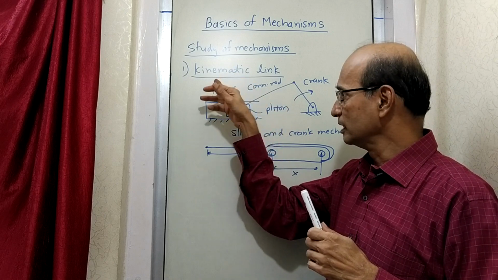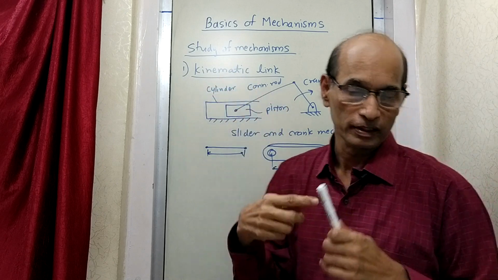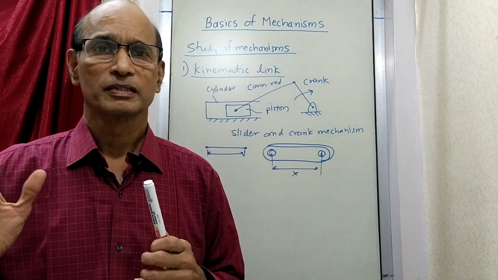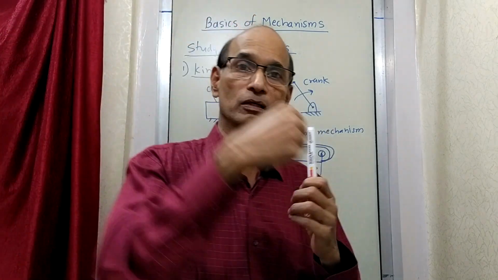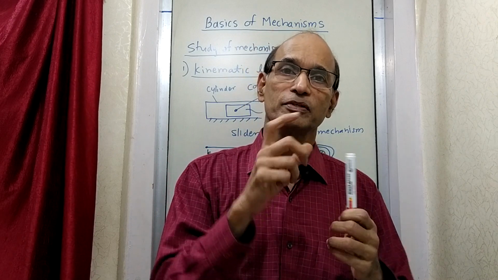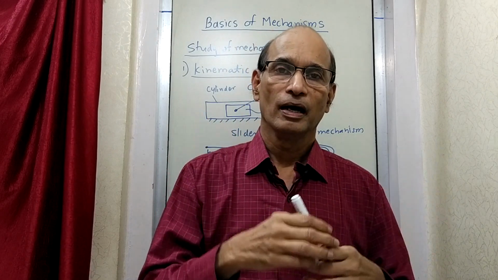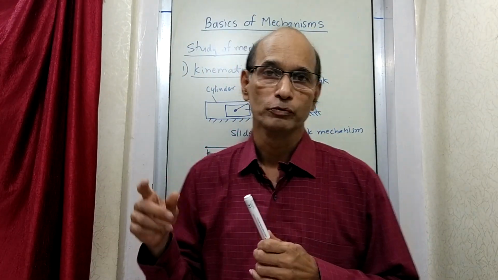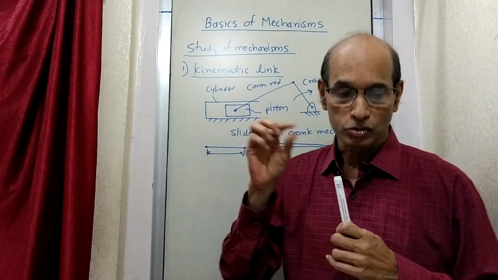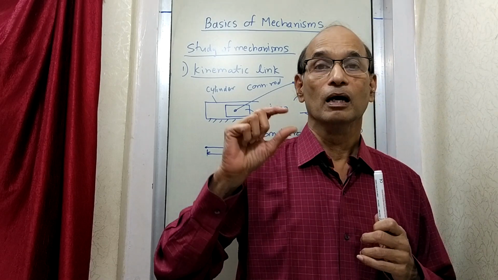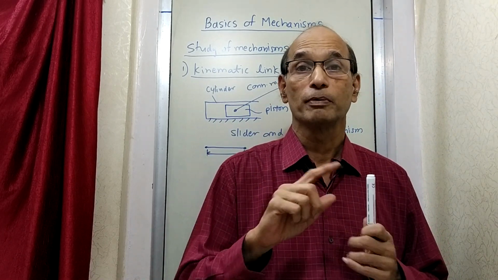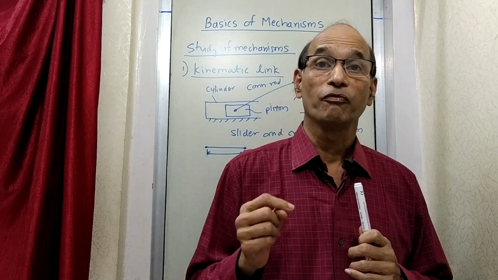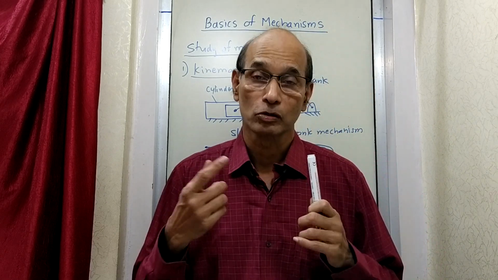Therefore, in the description of a kinematic link, we have written that it should be a resistant rigid body. Resistant means it should not get deformed by external forces, and rigid means it should not deform in any way, and that is why the definition goes like this. Then we have written the examples. We have also written one more line, which says that the links have relative motion with respect to each other. And there we have also mentioned the frame as an example. Frame is a machine. Frame is also a link.